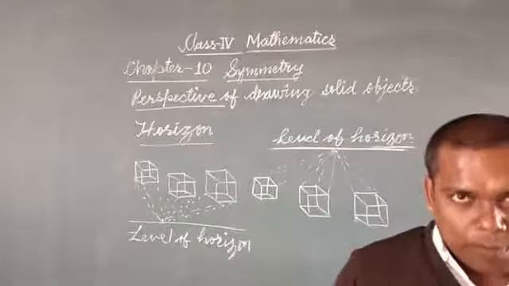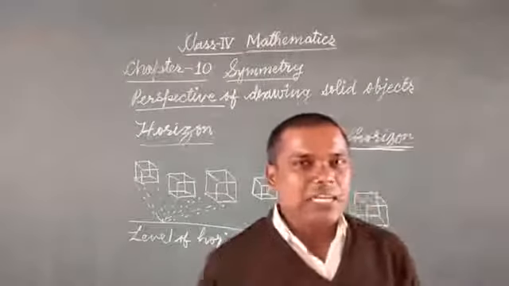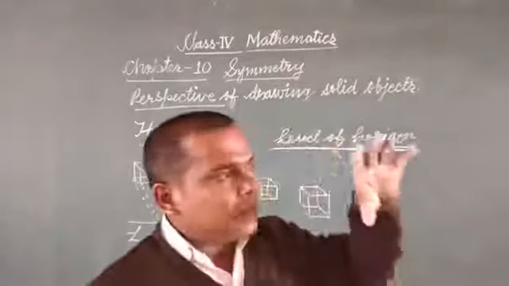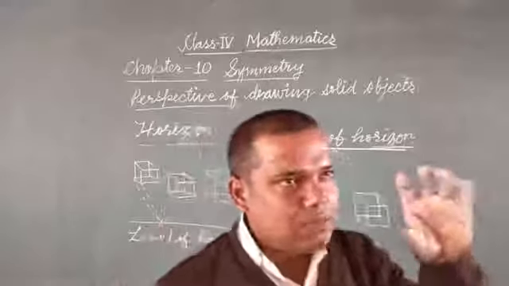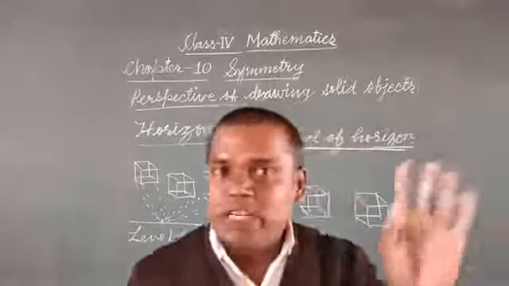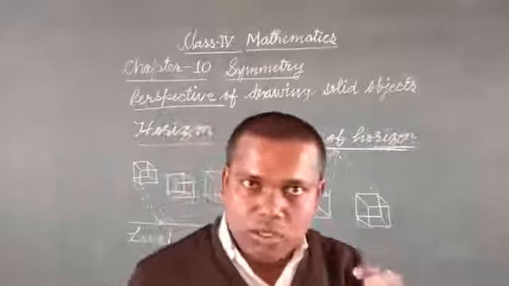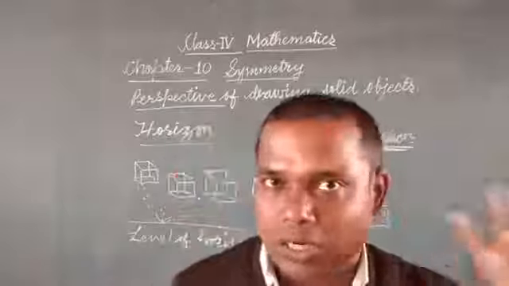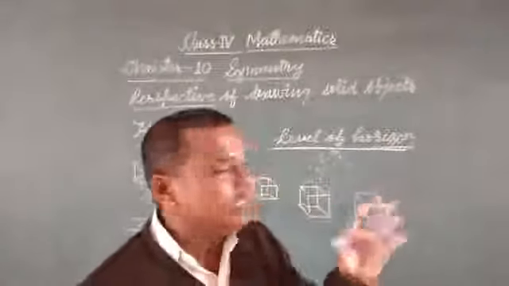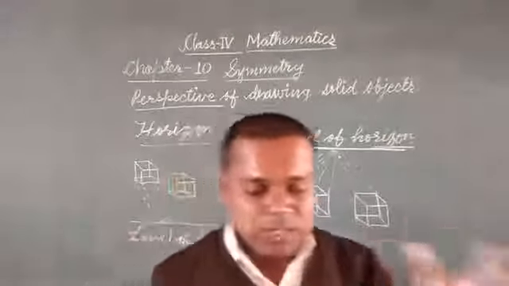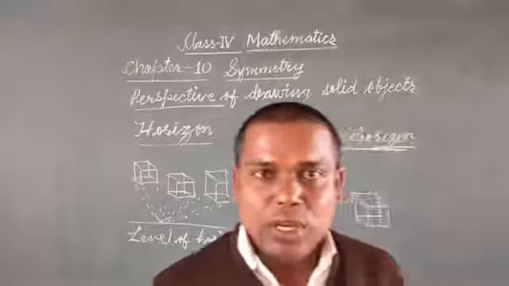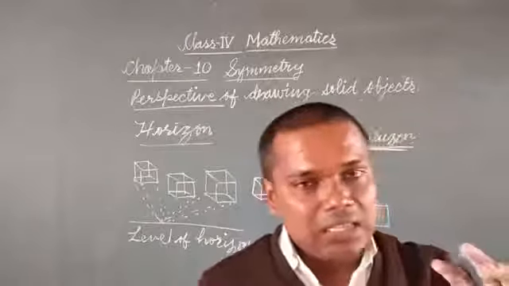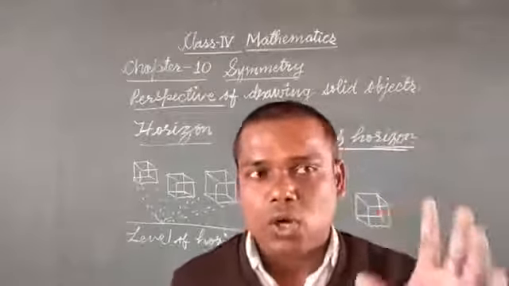Some objects seem like this, but we cannot say that these are the perspective view. The same length, suppose from the front we are seeing, the back is the same one, then that is not a perspective view. Perspective view is only one: the front is looking bigger and the back part is looking smaller. As I showed with the help of railway tracks, that is the perspective view. So figures are given to you, but you should not be confused. Otherwise, you will write wrong answers.